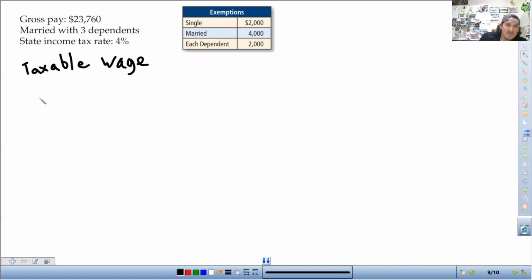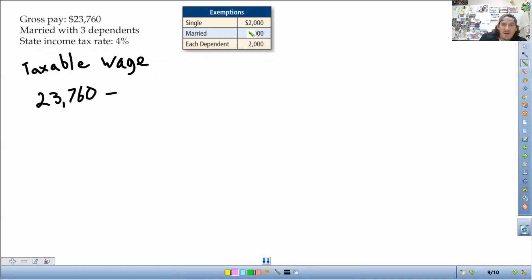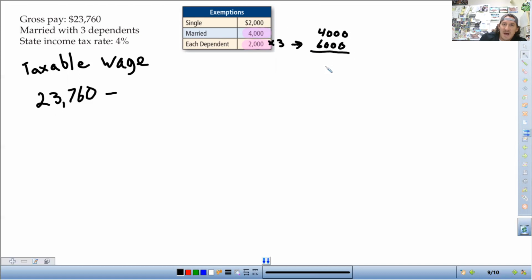It's going to be his gross pay, $23,760, minus the exemptions. Married is $4,000, with 3 dependents is $2,000, but we're going to do that times 3. So 2,000 times 3 is 6,000, plus the 4,000. So that is $10,000